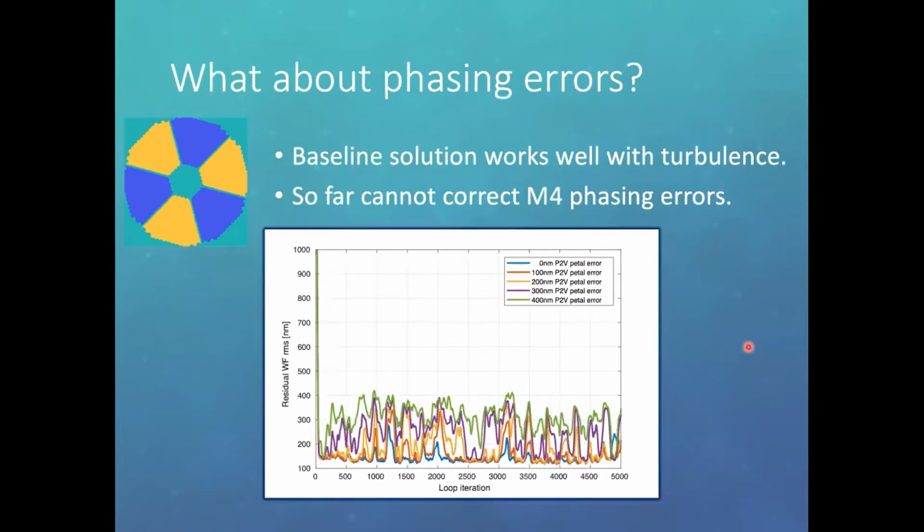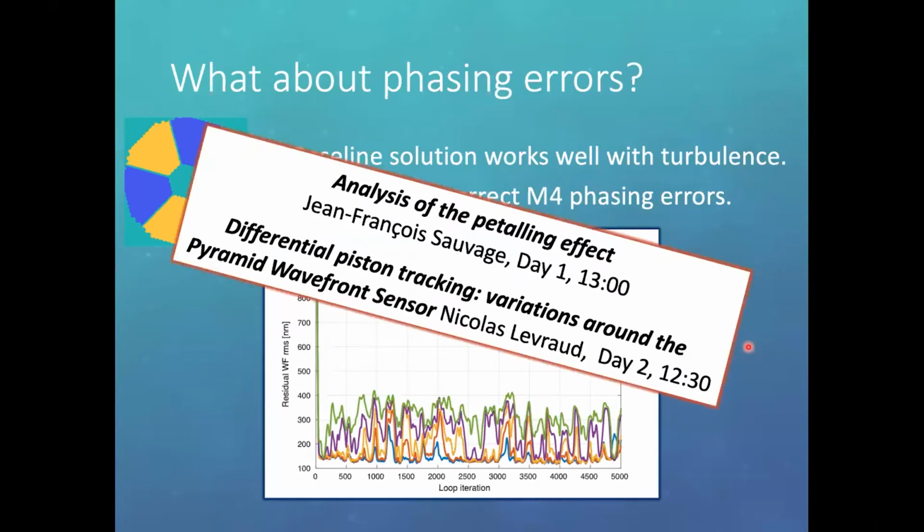Okay, and finally, just to point out that this baseline solution works well with turbulence, but our initial tests, if we have some M4 phasing errors, show that we can't really recover the phasing. So, the good news is that all the other modes are well corrected, but we can't phase it just with the pyramid wavefront sensor as the baseline configuration is now. Jean-François and Nicolas will talk more about those and potential ways we're going to look at dealing with those sorts of phasing